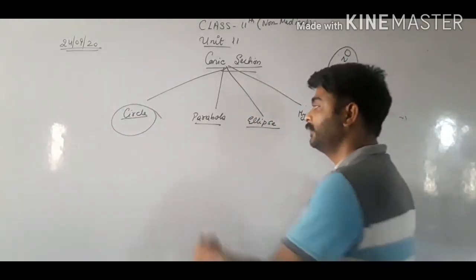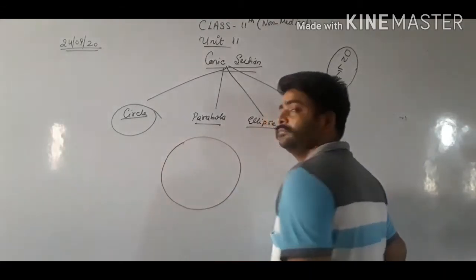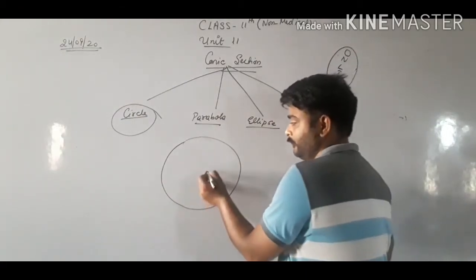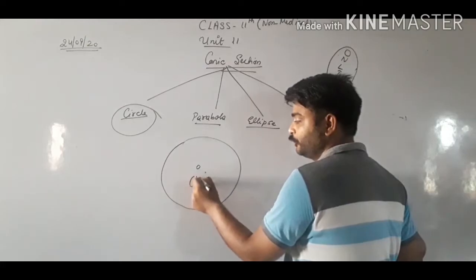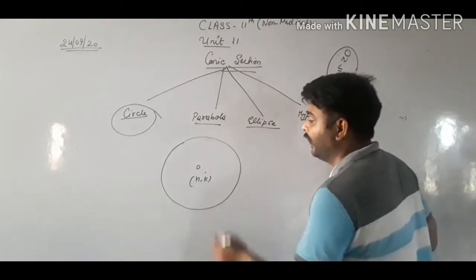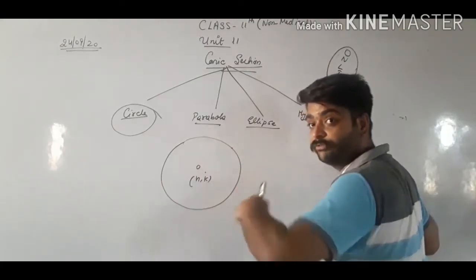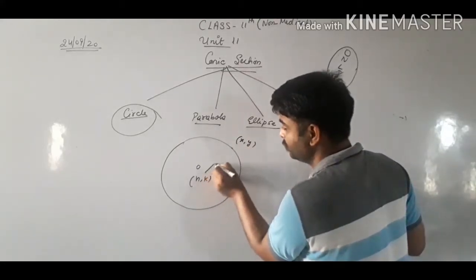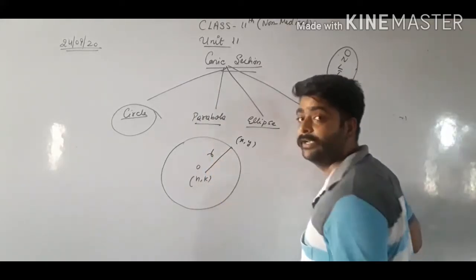Okay class, you are very familiar with the term circle and with the meaning of the circle. There is a center, and any center named as O, and the point considered to be h comma k. If we need to find out a distance, then there is any point on the periphery of the circle, that is x comma y. So class, if you are going to solve this, then you will write it as radius.